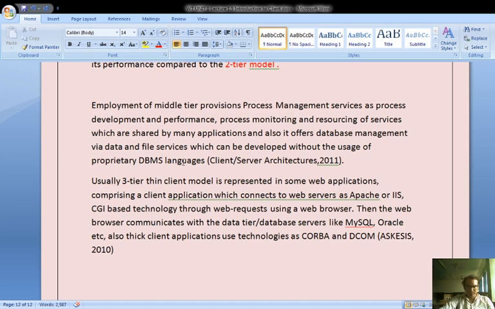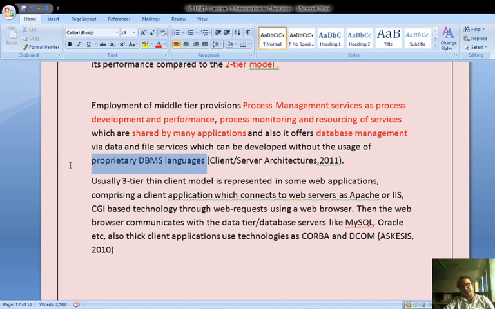Employment of the middle tier provisions process management services such as process development and performance, process monitoring, and resource sharing of services which are shared by applications, and offers database management via data files and file services which can be developed without usage of a proprietary DBMS language.